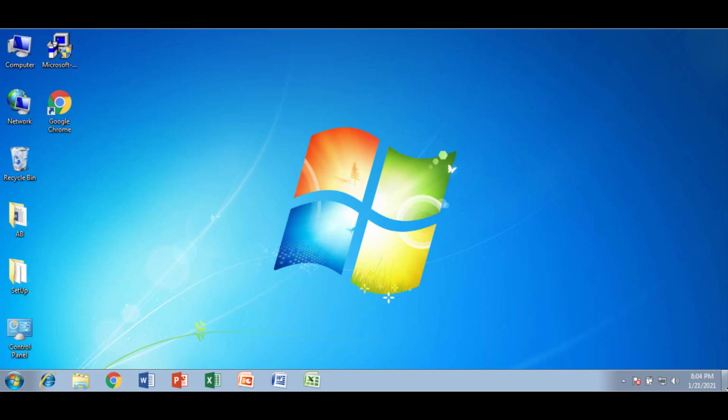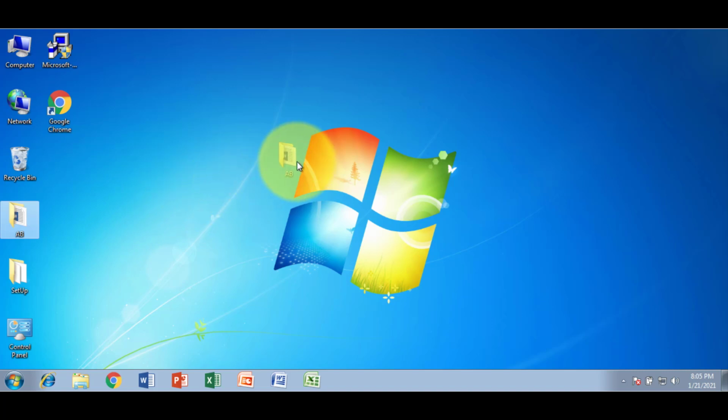For drag and drop, first we have to select the folder or any file that we want to drag and drop. For that, I am going to select this AB folder. After clicking the mouse left button, I can select this folder AB. Now I want to move this folder from this place to the right corner of the desktop. For that, I just have to click the mouse left button and hold it, and place this folder at the desired location.